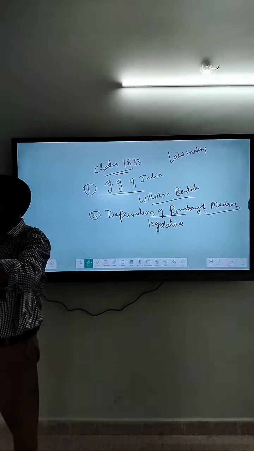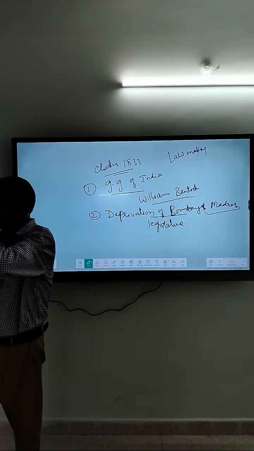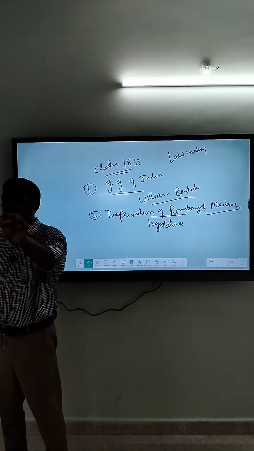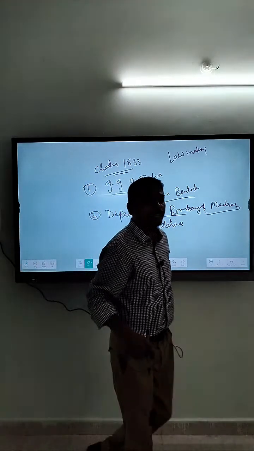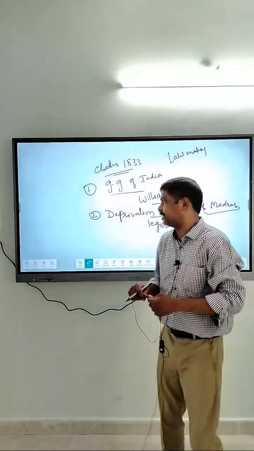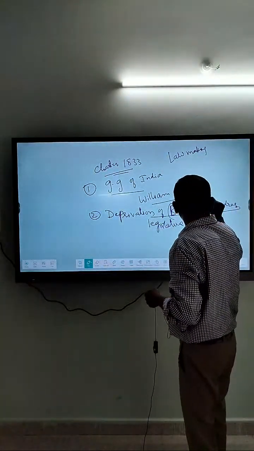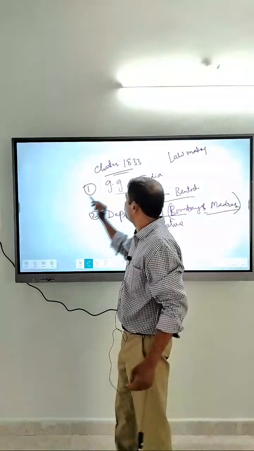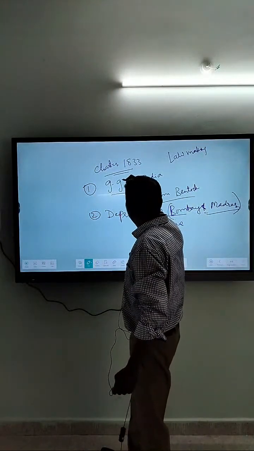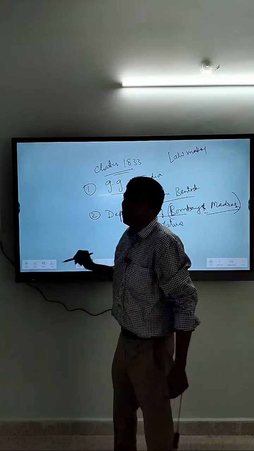All right, the laws that are made by the Governor General of India are made equally applicable to all the 3 presidencies. Right, that is the point. That means Bombay and Madras are deprived of their legislative powers, but the laws made by the Governor General of India are applicable to all the 3 presidencies.